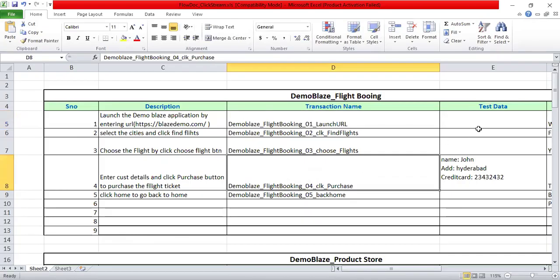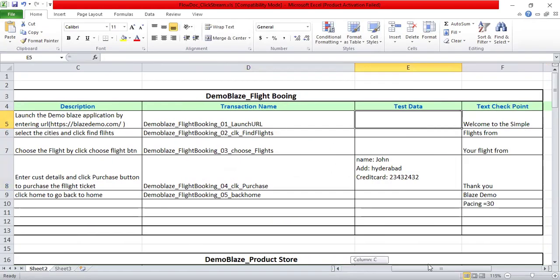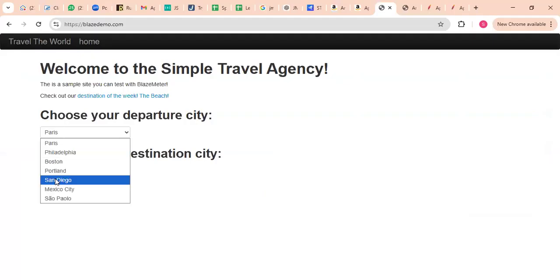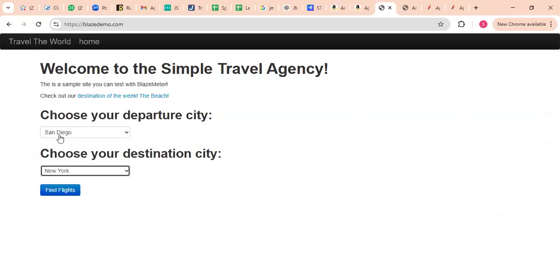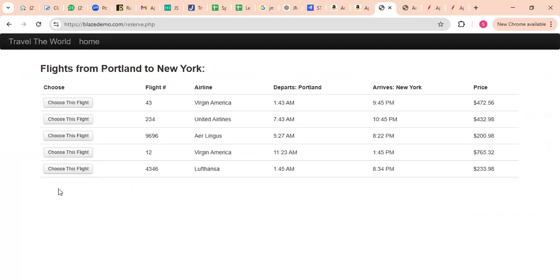Okay, and the next column is test data. For each action, am I entering any test data? What is the first action? Launching the URL. We are not entering any test data, right? I just need to enter the URL. The next action is what? I need to select the cities, right? So this is our application. Am I entering anything? I'm just selecting. This data is coming from the server and I'm clicking on this find button. So I'm not using any test data. Next action is clicking on this. Am I entering any test data? No, right? So if you are not entering anything, you just